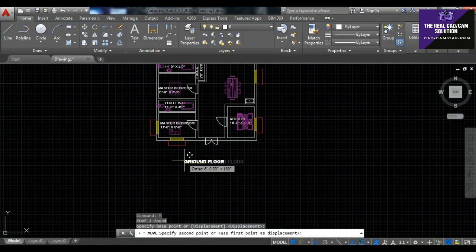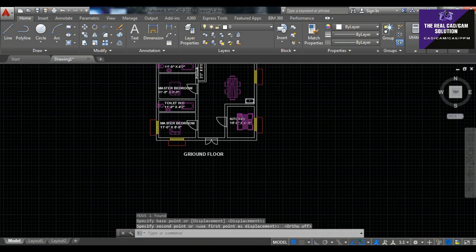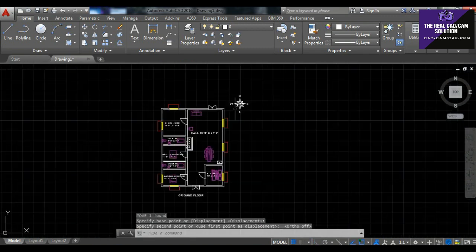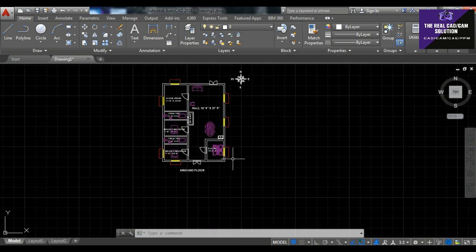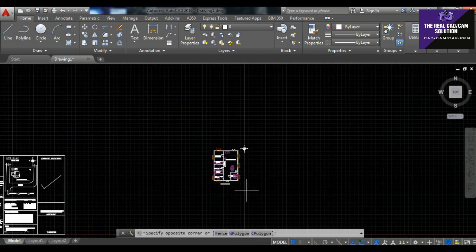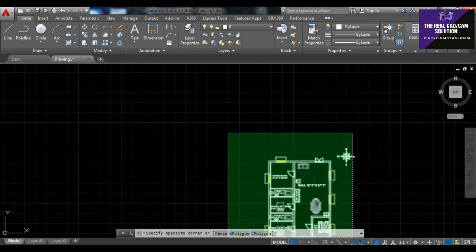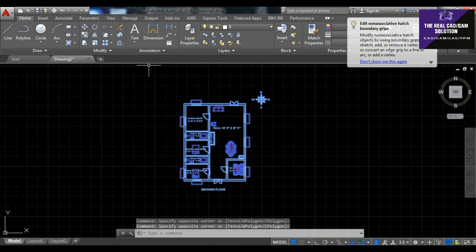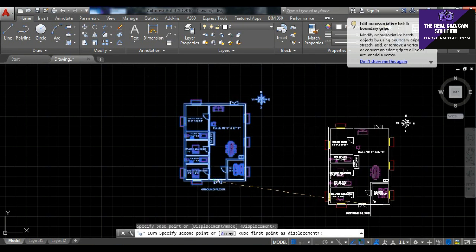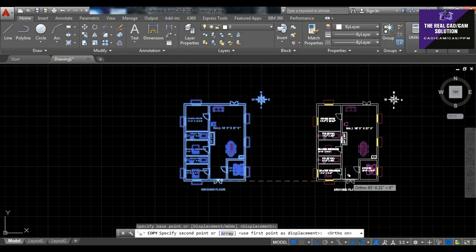So place it, okay. It's nice. My G+1 is also the same, repeated to the first floor. So the ground floor is easily copied to the second floor. Copy like this.